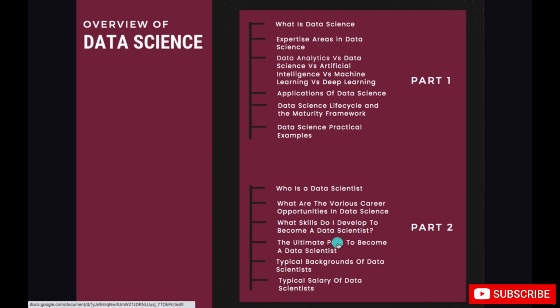And then after that, I'll give you the ultimate path that you need to take if you want to become a data scientist. What you need to do step by step, I'll give you that path as well. And then I'll give you some backgrounds of some people who have become data scientists, what they were doing at first, before they changed their field. Because sometimes you feel like, my background is this and I want to become a data scientist. Is it possible? Have people done it before? So I'll give you some typical backgrounds of data scientists over here,